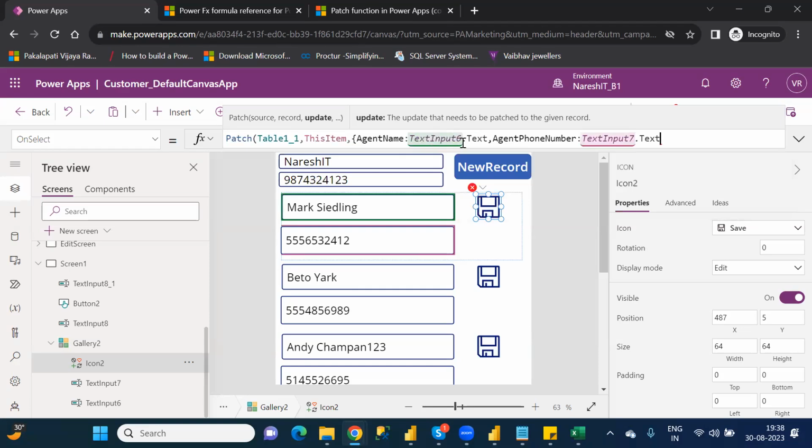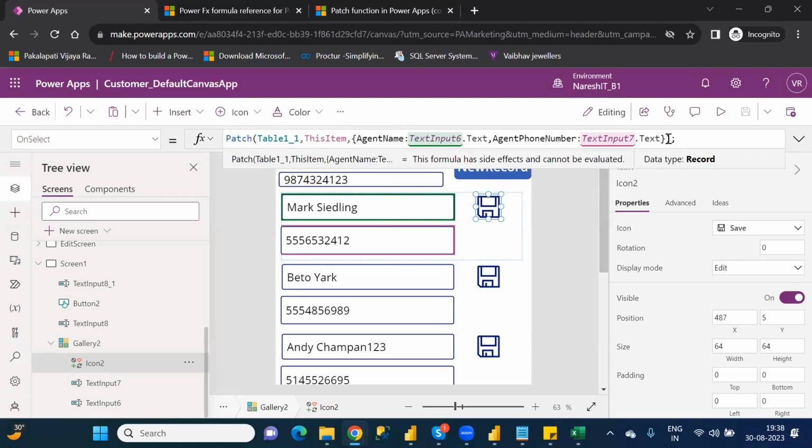Okay. Text input 6 dot text, and agent phone number is text input 7 dot text here. Okay. I'm closing it and putting a colon for this one, and again